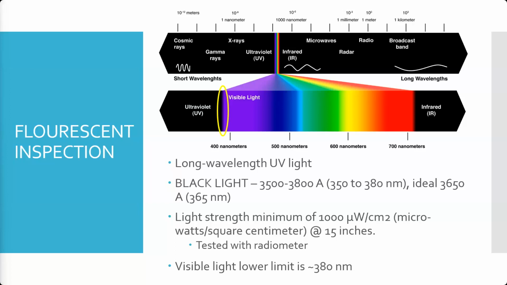What that means is if we take our black light emitter, typically like a flashlight or a handheld light, and we hold it 15 inches away, right? They like mixing units here. You can see we're using watts and centimeters, but then at a certain inch distance. We hold it at 15 inches away, and we have to measure that to make sure our light, our torch, flashlight, whatever, is putting out the correct intensity, the amount of light,